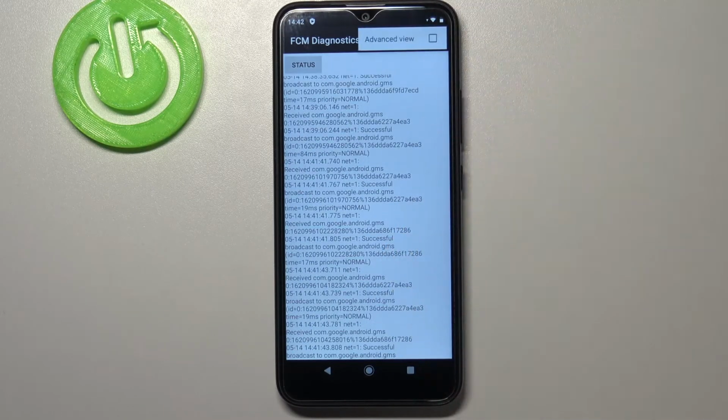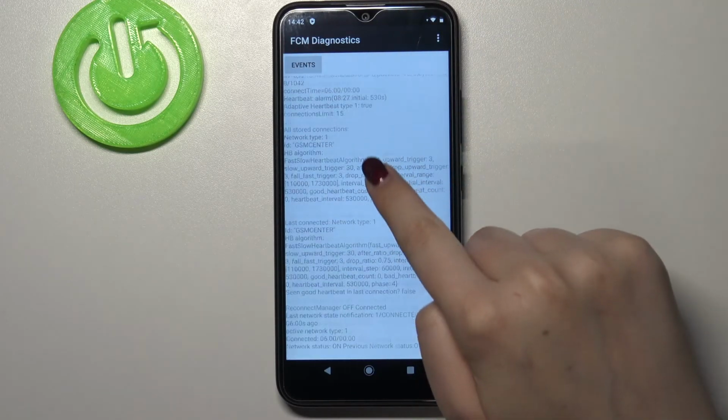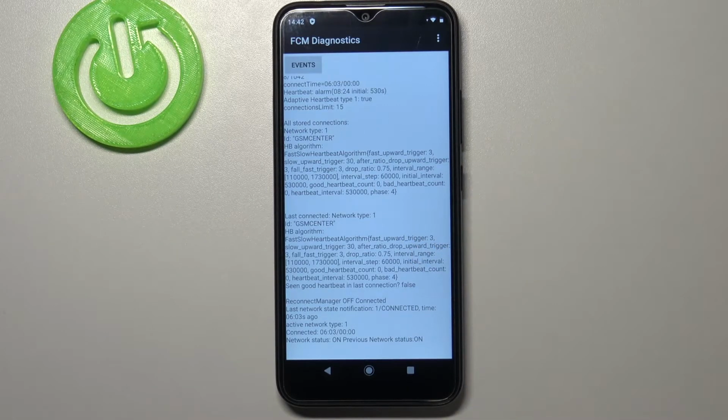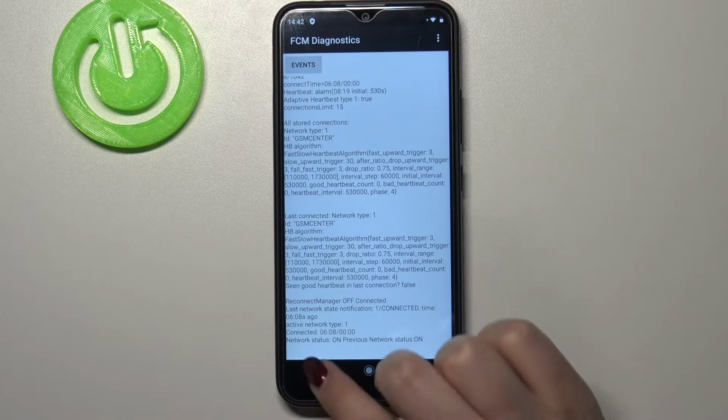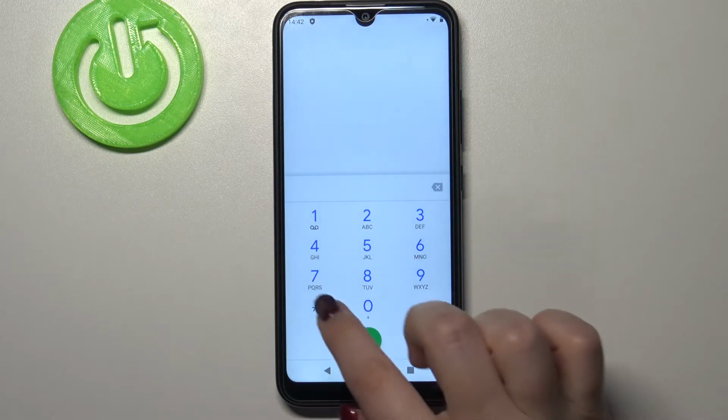What's more, we can tap on this 3 dots icon and show advanced view, and after tapping on the status we can check some further details, just like the heartbeat and the network type or HB algorithm. Let me get back and let me show you another code which is connected to the calendar. It is